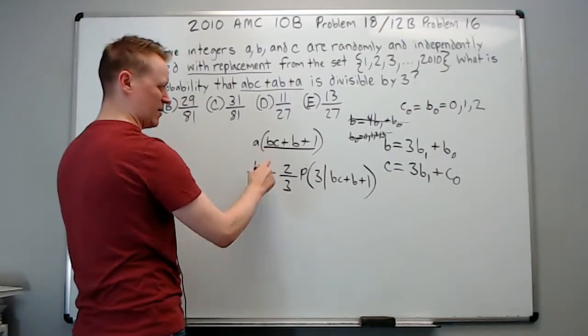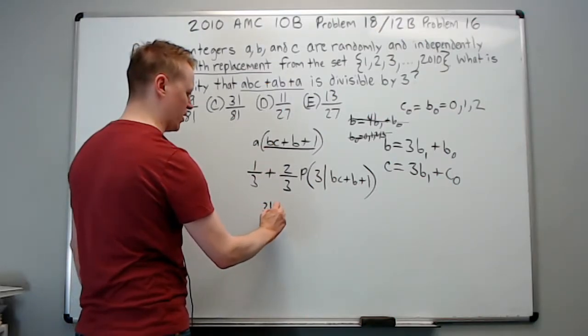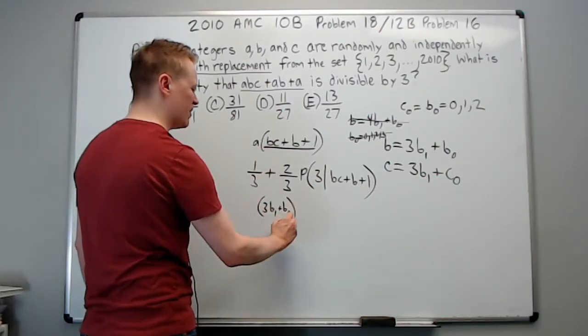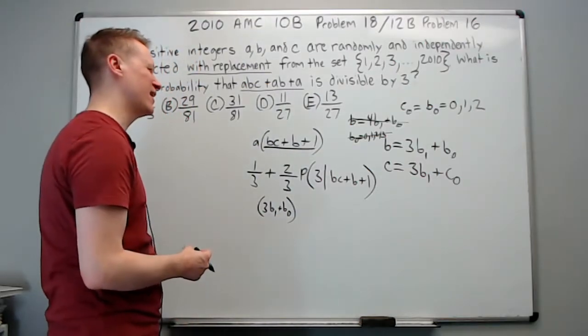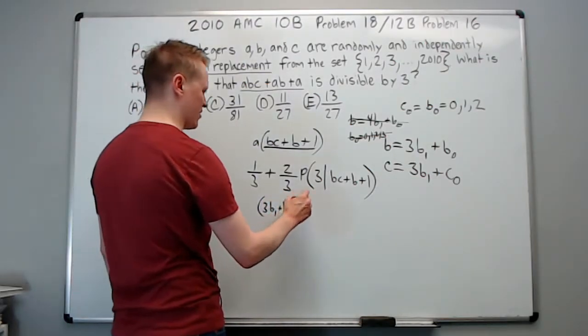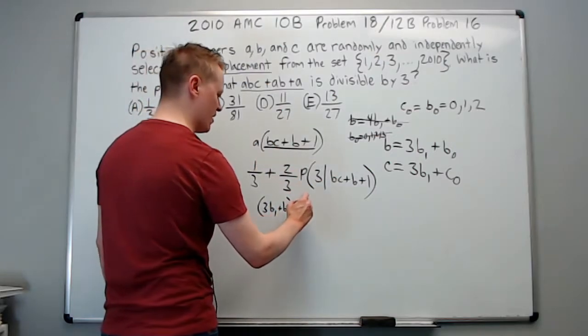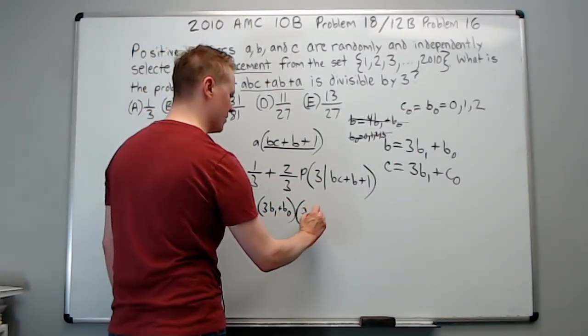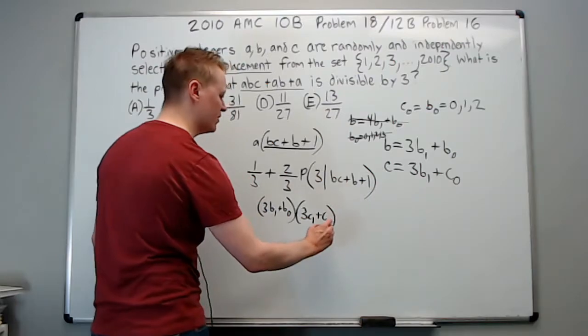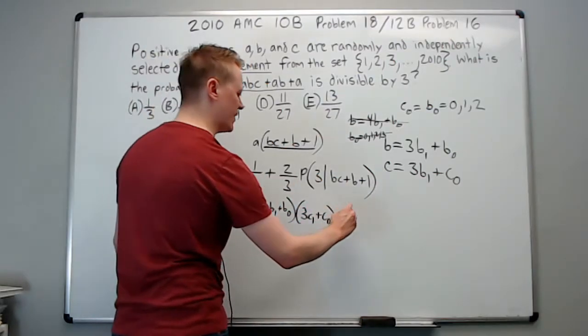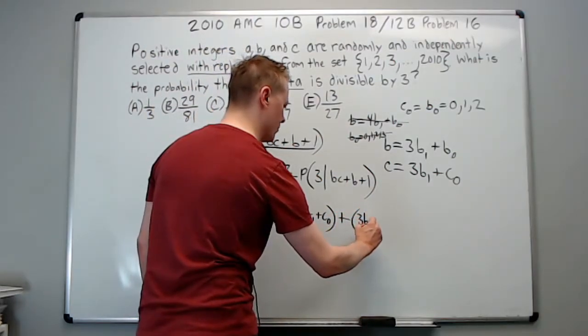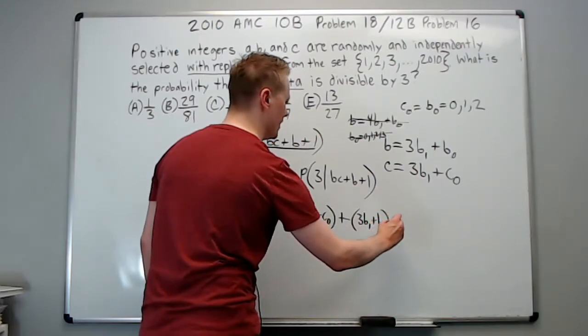So if I do that, b is 3b sub 1 plus b sub 0. And you might be asking too, why do we do this? You'll see. Okay, so then c is going to be 3c sub 1 plus c sub 0, plus b is, again, 3b sub 1 plus b sub 0, and finally